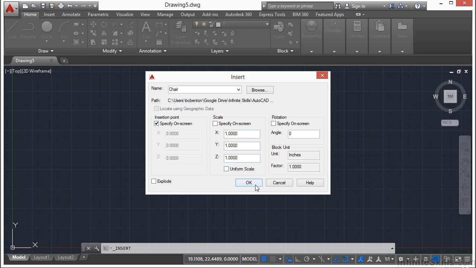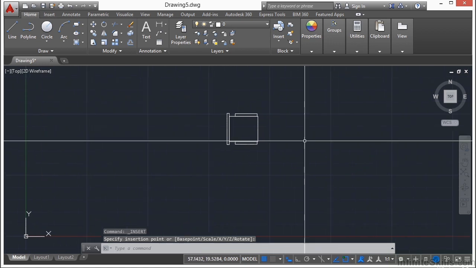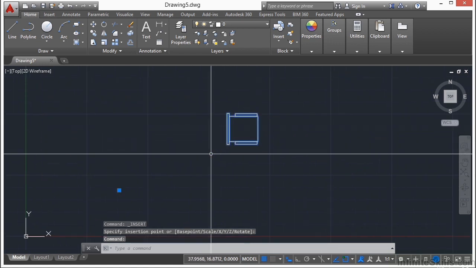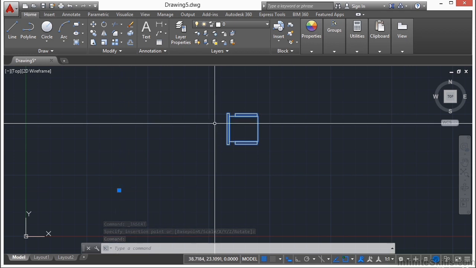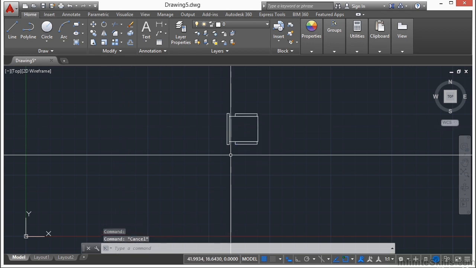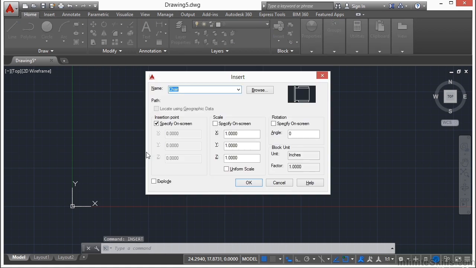Once you have these options selected, click OK, and then insert your chair, and there it is. So our chair block needs to be updated a little bit because we need this insertion point to be at the back, but you get the idea. Now our chair is in our file. Once inserted, you can use the insert command again, pick enter, go through the list of blocks that are